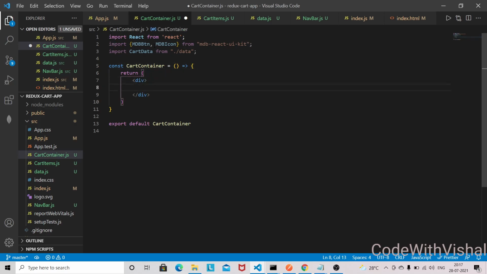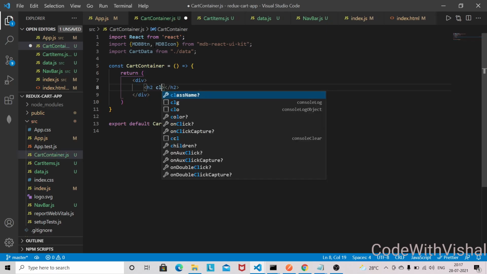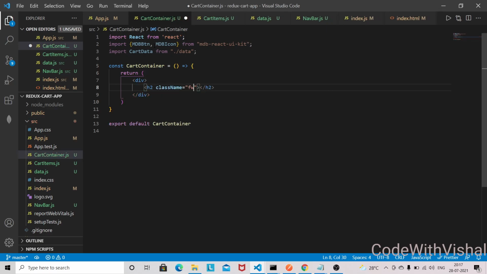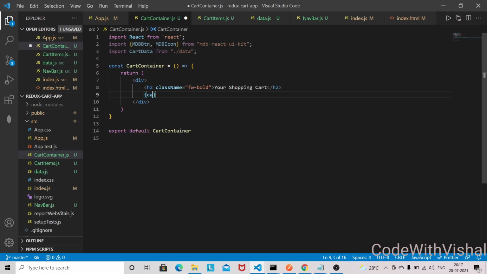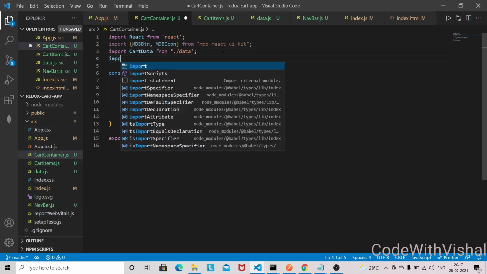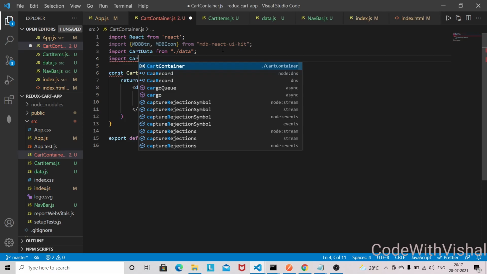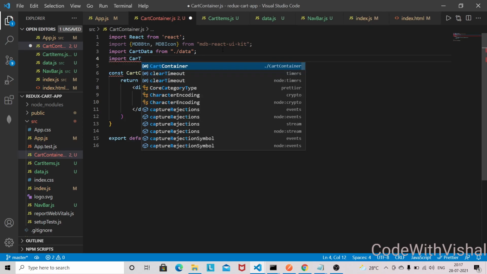And here what I'm going to use is an h2 tag, and the class name will be fw-bold, and it will be like your shopping cart. Okay, and after that I will map this cart data. Okay, and we also need to bring this component as well. So let's bring that one. We haven't worked on that component. We will work on it once we complete this container part.